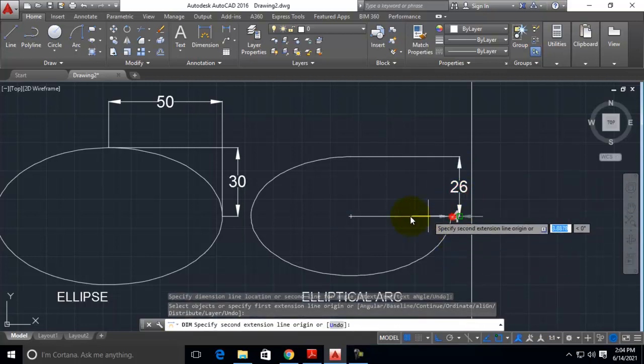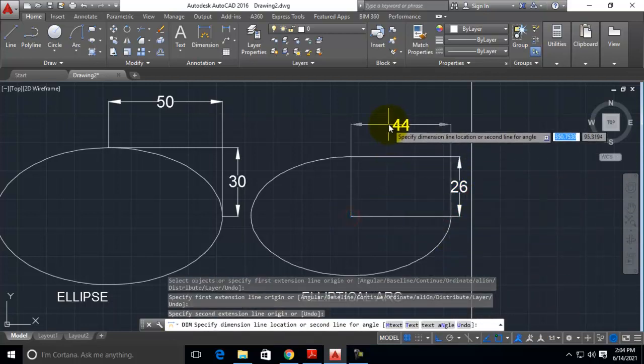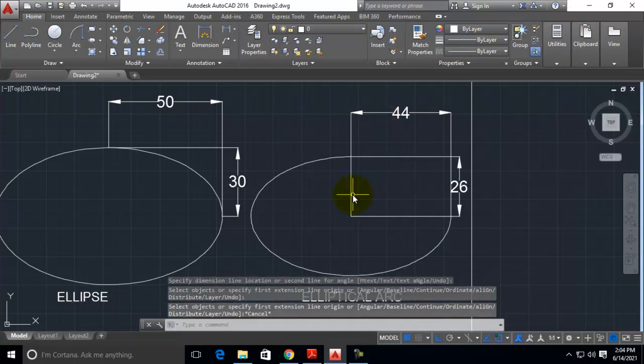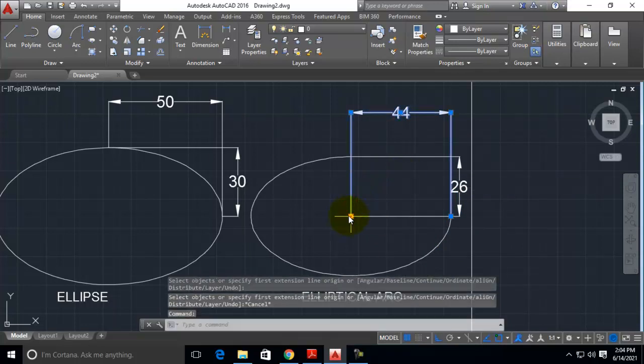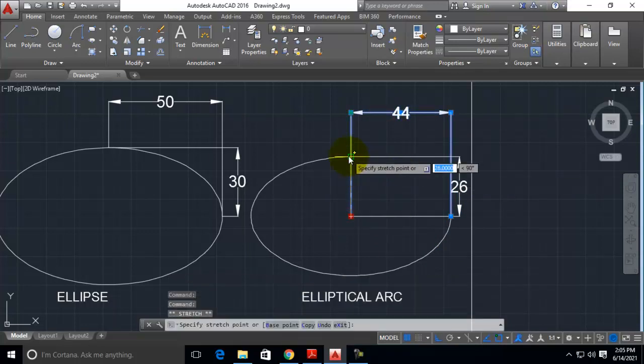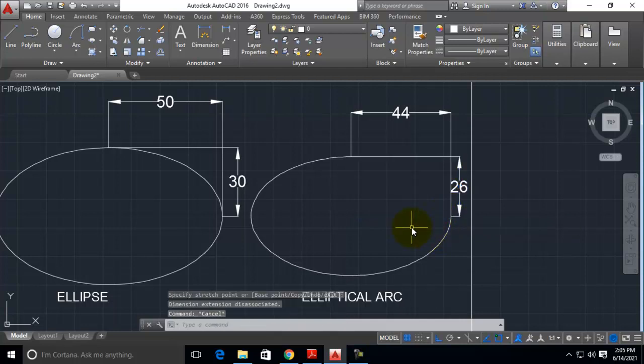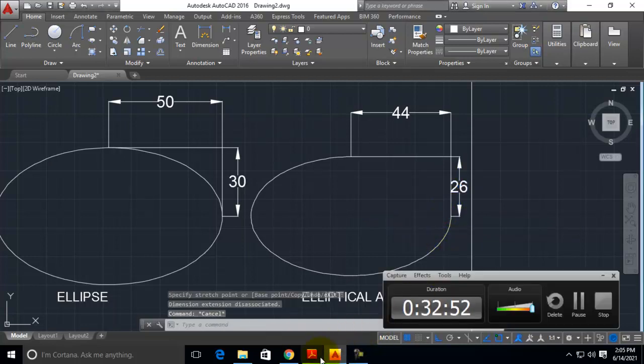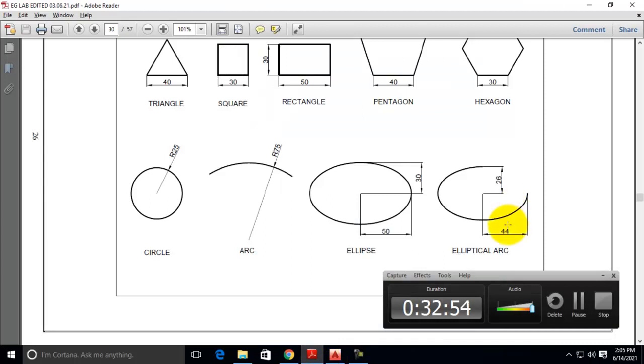Similarly, select these 2 points and position there. Here also select, move this extension line, this point here. This will not disturb. This also can move it here. If you want, you can dimension it like this also. You can dimension it, no problem.